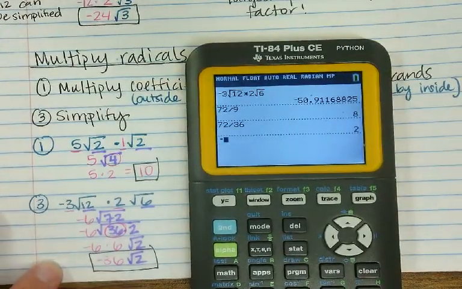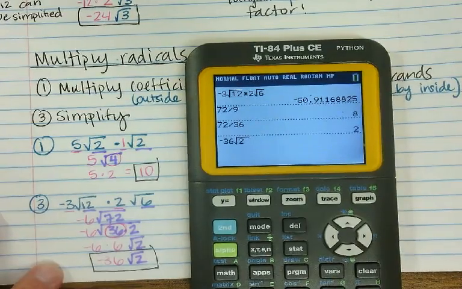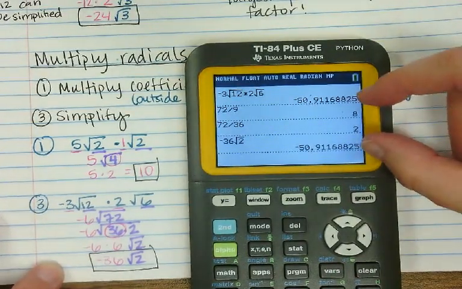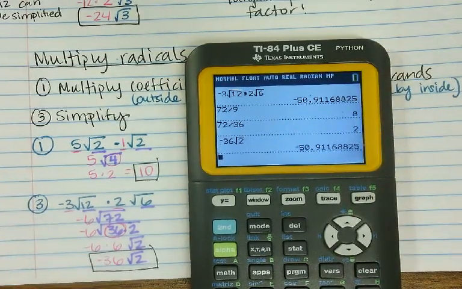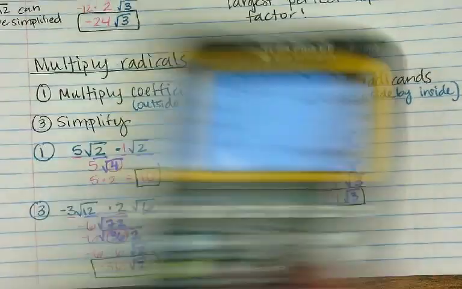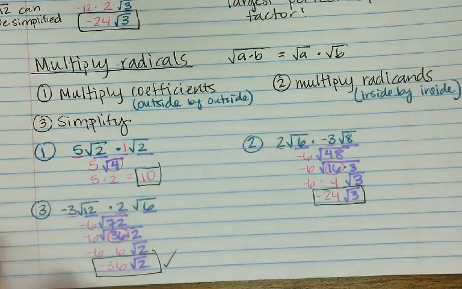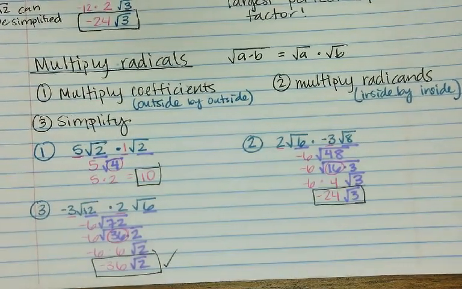I'm going to check myself here. Negative 36 times square root of 2. And would you look at that? Those weird looking decimals are exactly the same, so I know I'm correct. Do y'all see how you can kind of check your answers there? It's kind of cool. Okay? So you can see it there. All right. So guys,